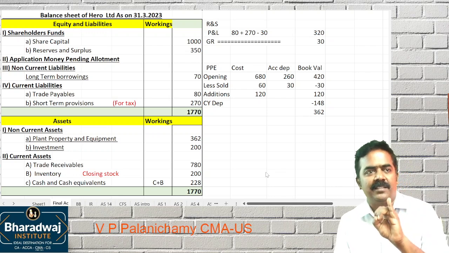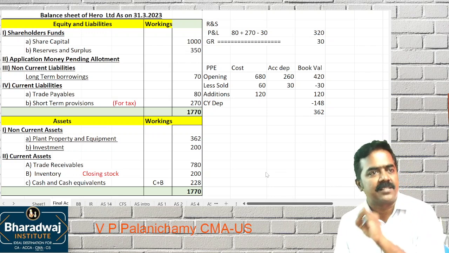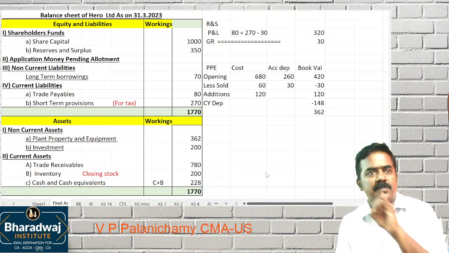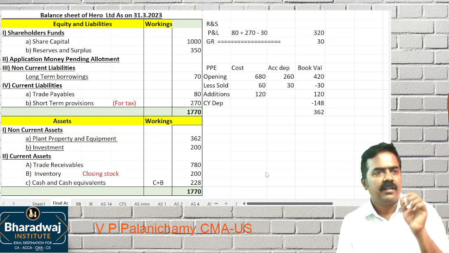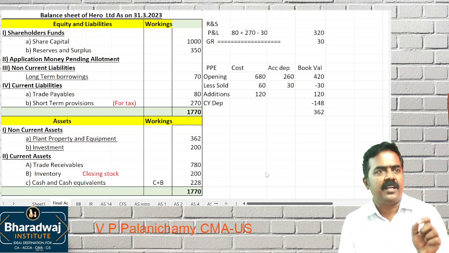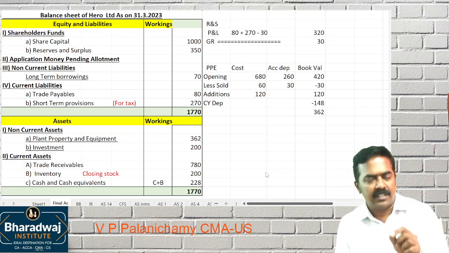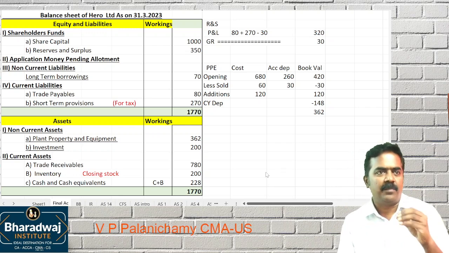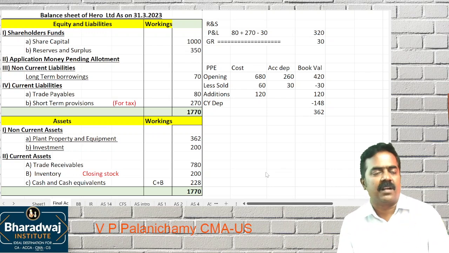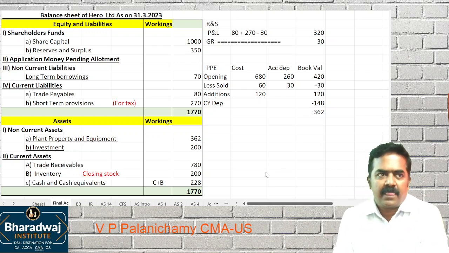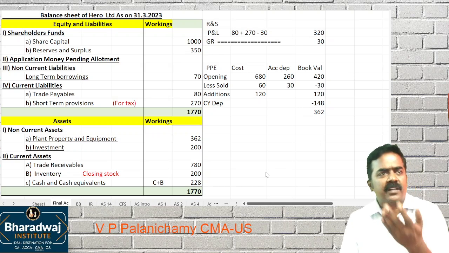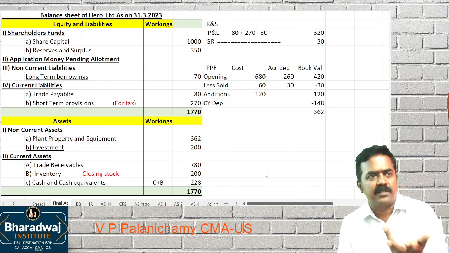Provision for bad debt. Is it a liability or a provision against an asset? Provision against an asset. It must be reduced from debtors. In the same way, provision for depreciation, is it a liability or a provision against an asset? It must be reduced from the asset. So liability means something payable, an obligation that results in what? Outflow of resources. Provision for tax, why do we show it on the liability side? Obligation payable.